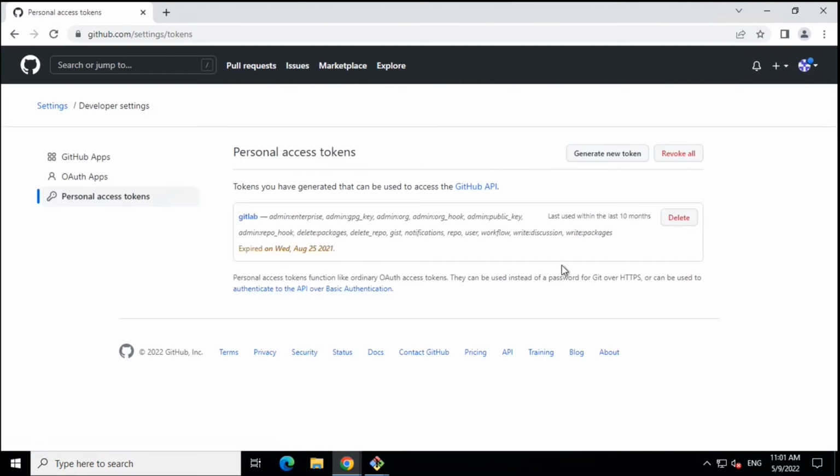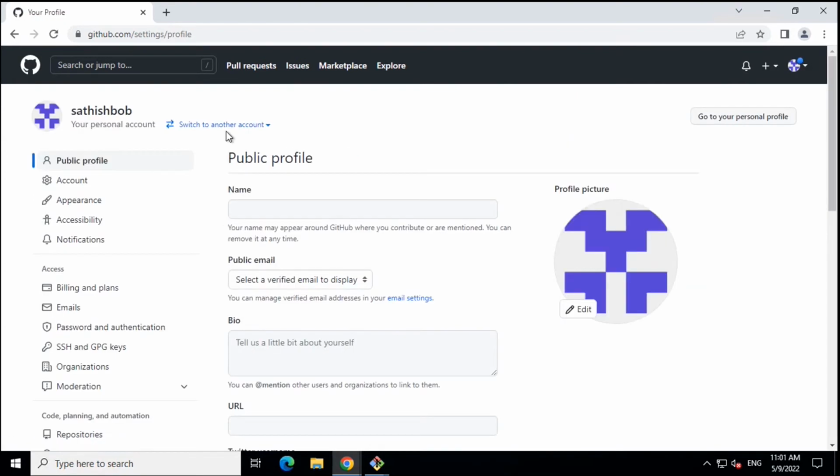You can generate a personal access token, and using that you can integrate Git with other applications like Jenkins, Bamboo, or Azure DevOps. Those kinds of things you can use it for here. We'll talk about that later. Using this token, you will be able to communicate with Git. This is on the API part. This is your account settings. And let me go to the